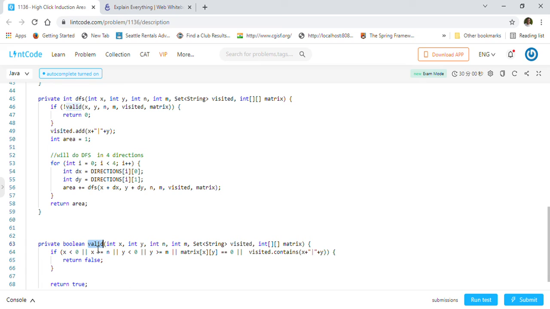So this function will help us determine if the cell we are going to visit is a valid cell or not, basically, in DFS. So first thing is, in the DFS we want to check if it is a valid cell that we are visiting, is it valid or not? If it's not valid, we will just return 0 as the area. Otherwise we will add it into our